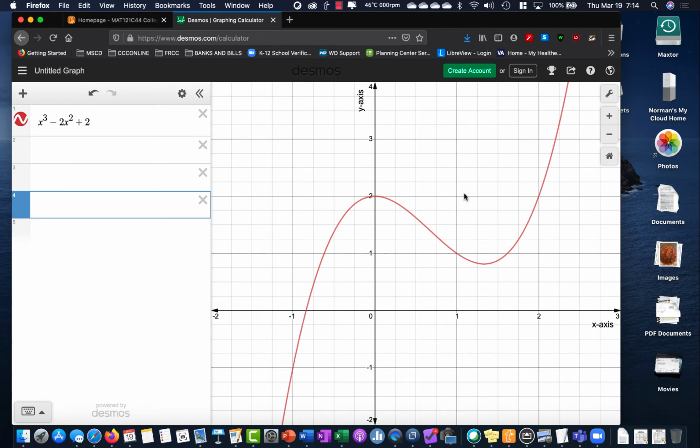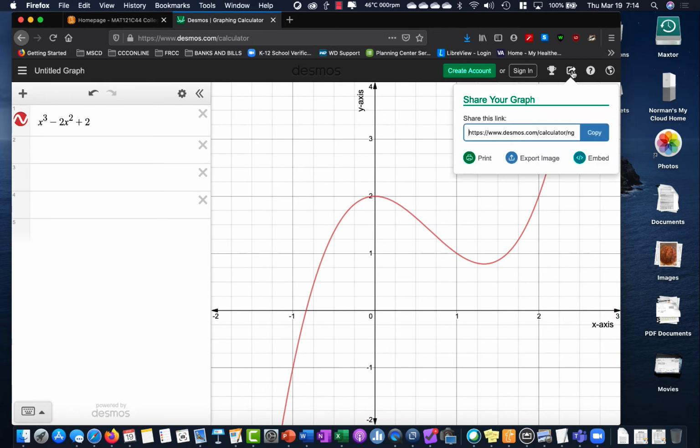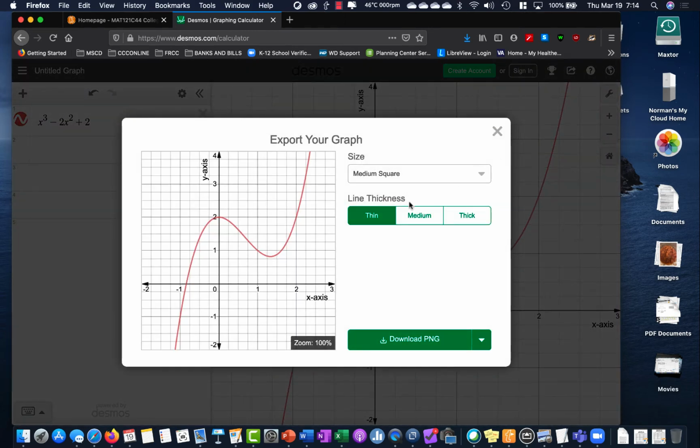Okay, so the next thing is how do I get it off my screen, and how do I get it into my discussion board post? That's easily done one of two ways. If you come up here to this icon where it says share the graph, there's a couple of things you can do. You can export the image. And here it's really kind of cool. You've got these